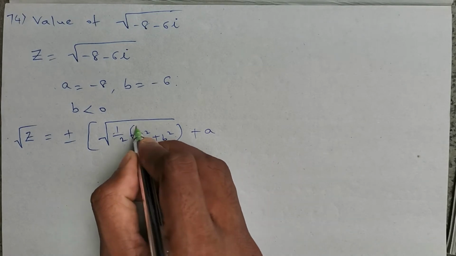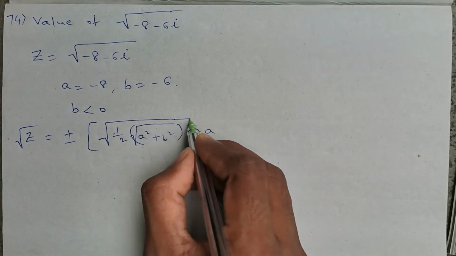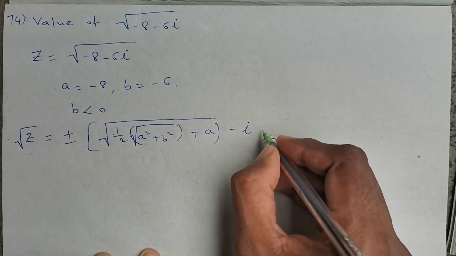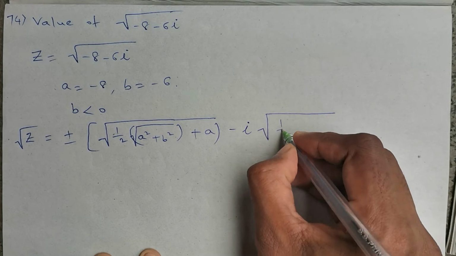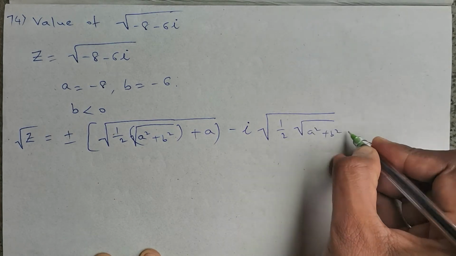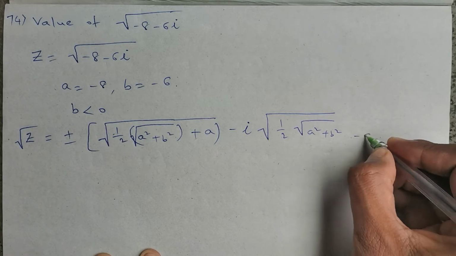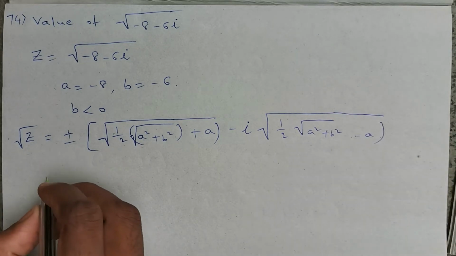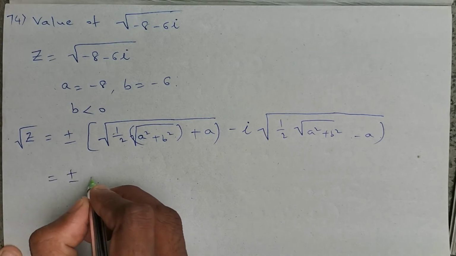Again for this, a square plus b square under root. This will be for total. Minus i into again 1 by 2 times a square plus b square minus a. Again this is my total. So now let us substitute the values, which is equals to plus or minus